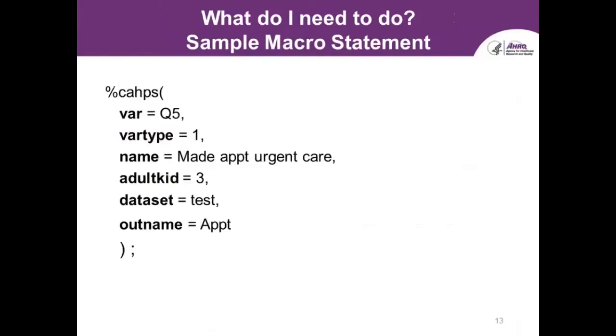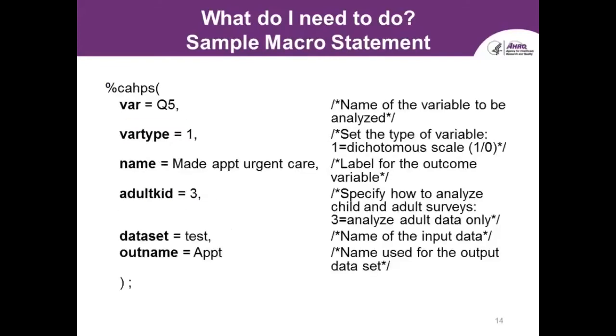So for those of you who are familiar with SAS programming, I thought I would take 1 minute to show you how simple the code can be to get results. This is a sample code. This is actually the base of what you'd need to do to run it. There are only 6 required parameters. I put them on separate lines, so it's very easy to see. So let's run through these one at a time and see what this is really doing.